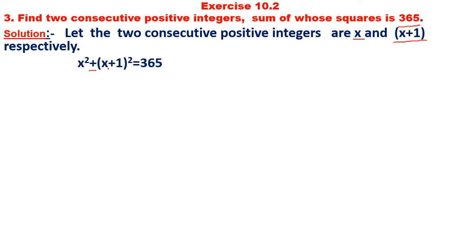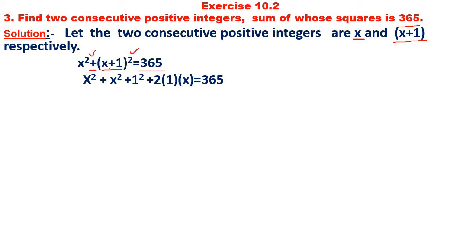The integers are x and x plus 1, so the squares are x square and (x plus 1) whole square, and the sum of these squares is equal to 365. Now x square as it is, and this is in the form of (x plus 1) whole